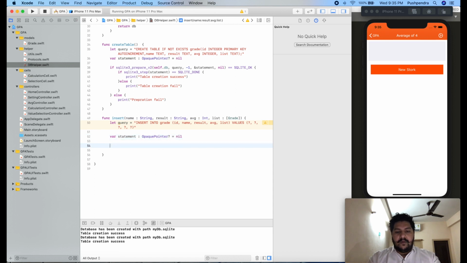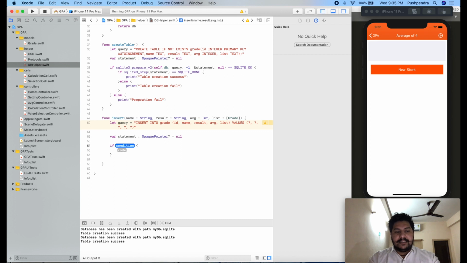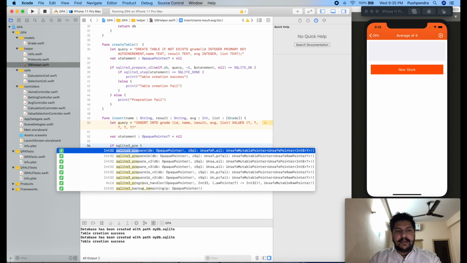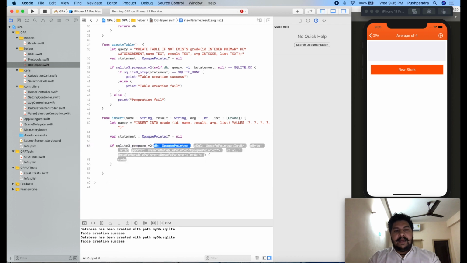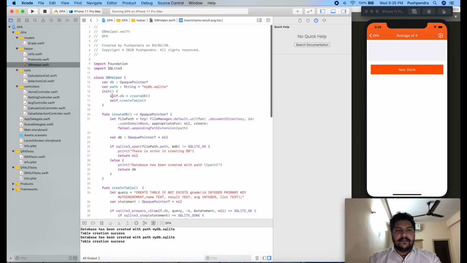Now we will type the same condition: if sqlite3_prepare_v2, and here we have to pass our database. Our database is db.